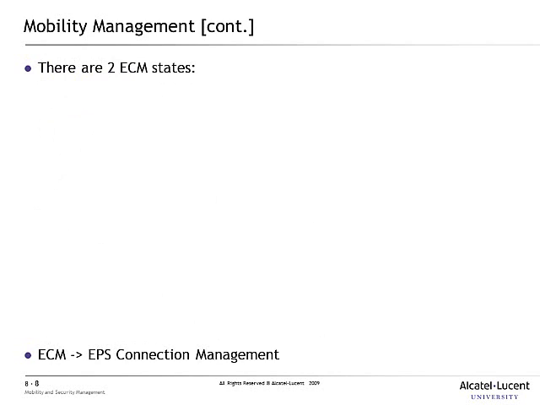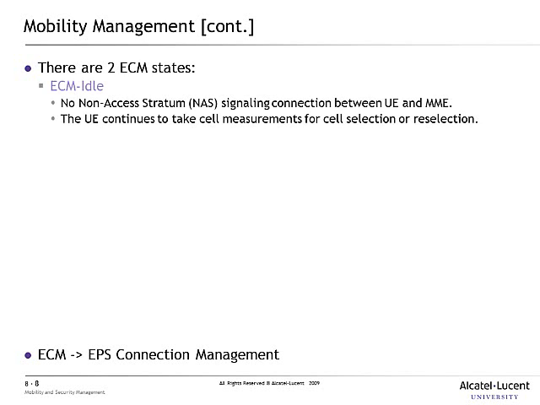The next set of states are referred to as connection management states. Okay, so this is associated with the fact that you are now establishing a connection to be able to transmit and receive data. Okay, so in terms of the ECM states, or connection management state,